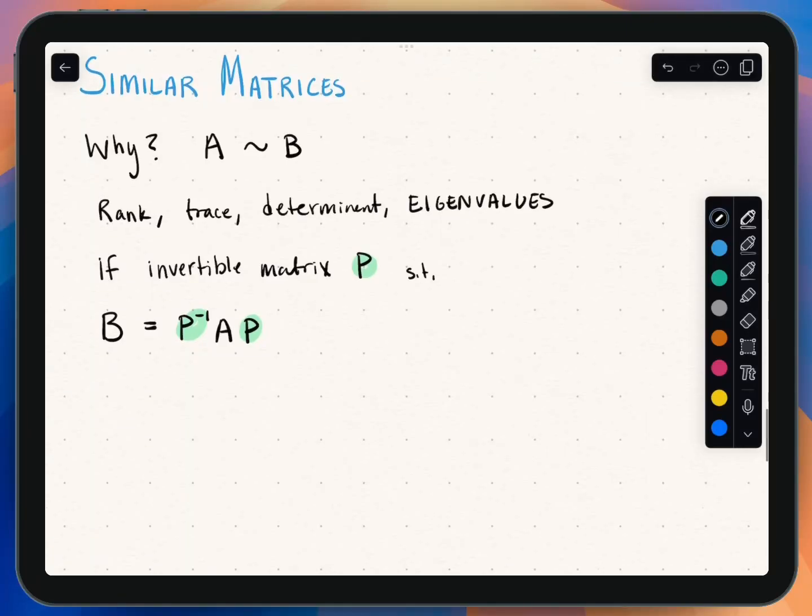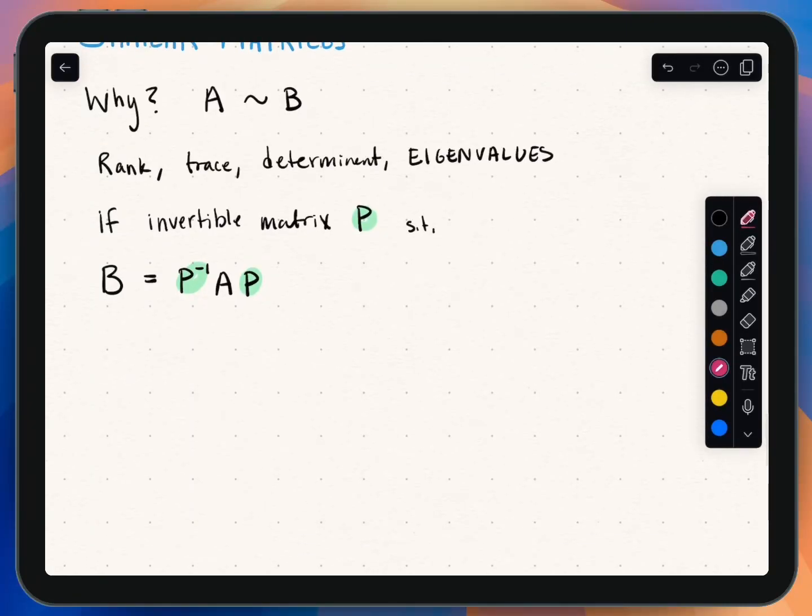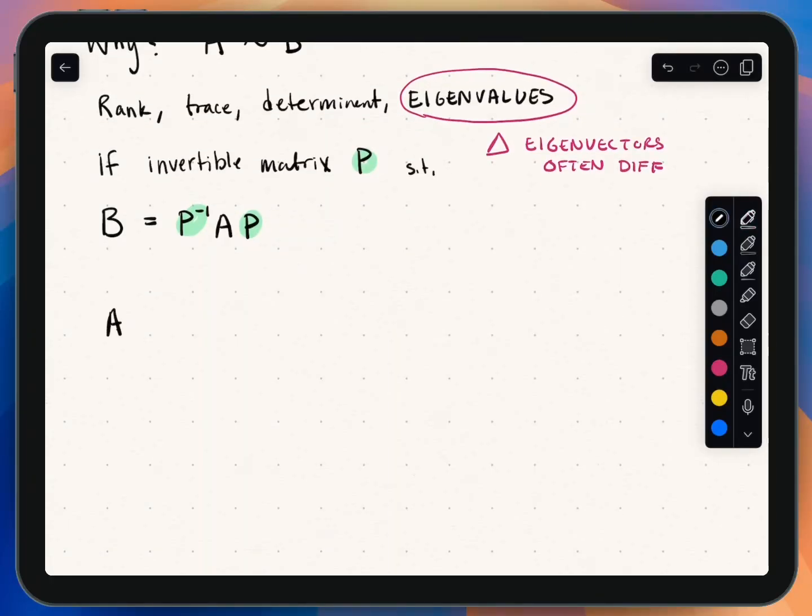And now this actually makes us understand a lot about B and A too, and we're going to prove all of these things. One word of caution though is although the eigenvalues are the same, that's often not the case for eigenvectors. Eigenvectors are often different. So to use an example of this, we might have the matrix A is equal to 4, 2, 0,